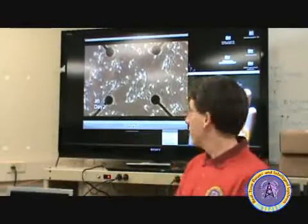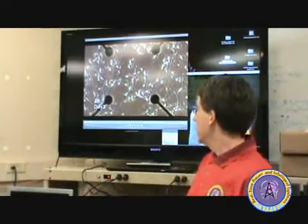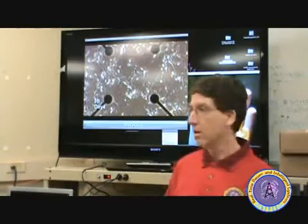So this is an example of a cultured neural network growing on one of these multi-electrode arrays. These are the electrodes, of which there are 60 embedded in the substrate that the cells are growing on. And you can see that after a few days, this is day 3 in culture, they've grown connections to each other. They form synaptic connections and are starting to send signals to one another. And we can pick up those signals, and we can influence those signals,